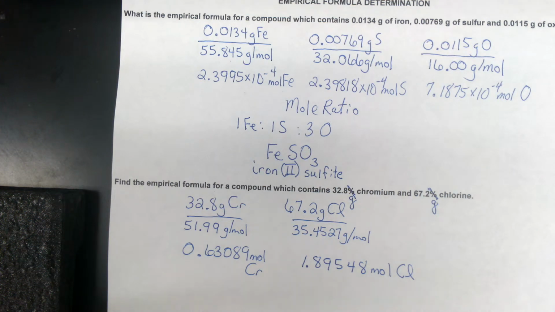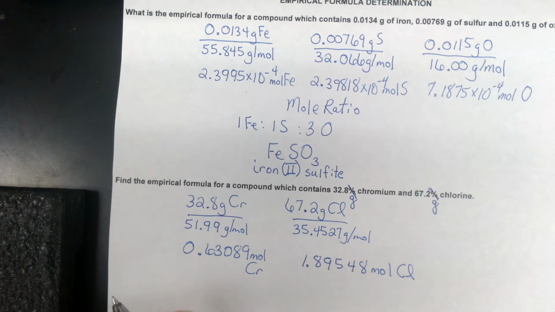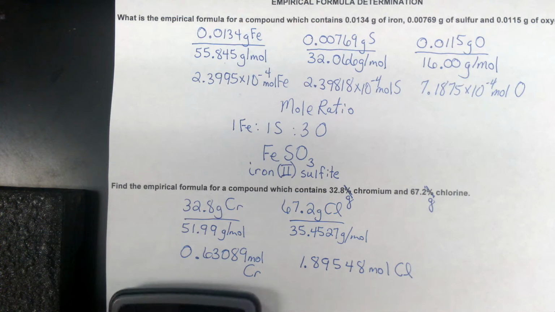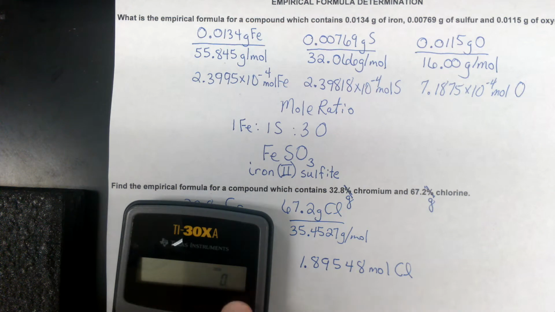Now we know that chemical formulas are a mole ratio between elements involved in the compound. So we look at these two mole counts for chromium and for chlorine, and we look to see the ratio. Now I see a 1:3 ratio. If it's not as clear to you, that's okay. Let's take the larger mole number,